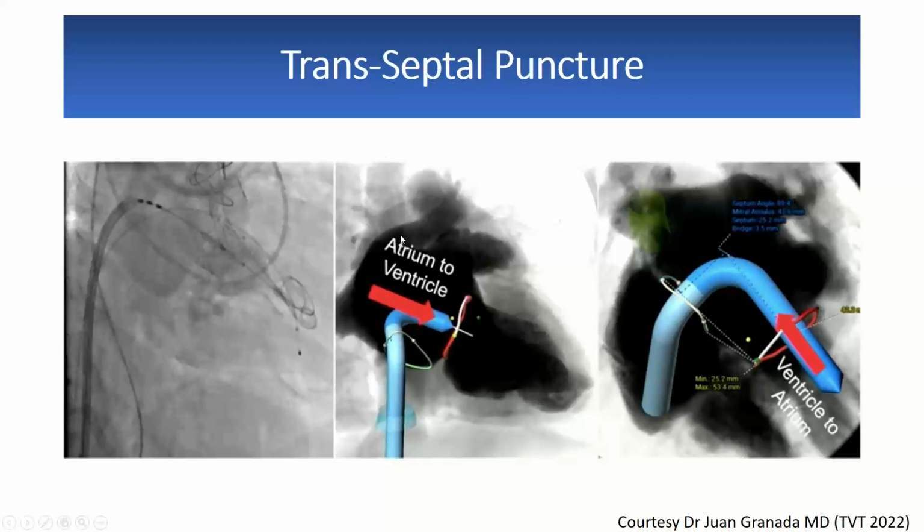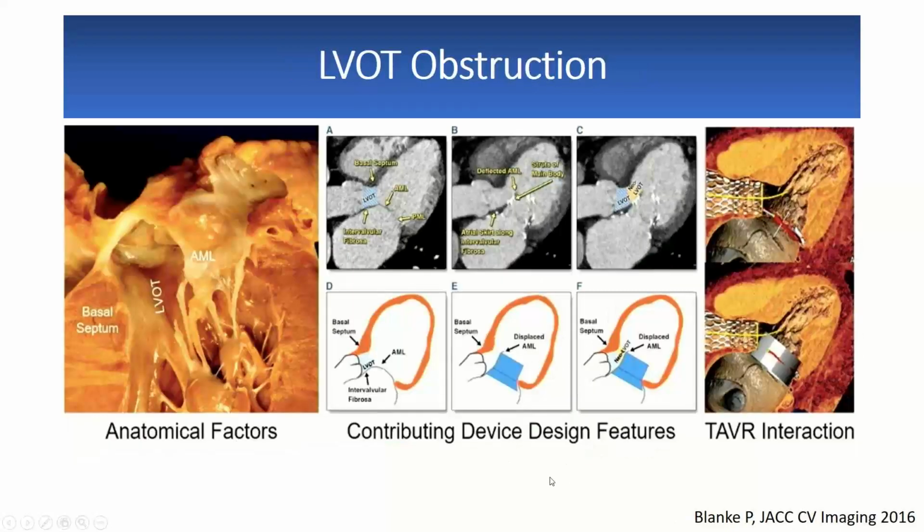But we definitely need to work on that before we have more penetration of the device and to be able to deliver to more patients. LVOT obstruction, we already covered this in a lot of detail, but I wanted to say here that not all factors are modifiable. So modifying the design of the device may not entirely resolve this problem, as you may have